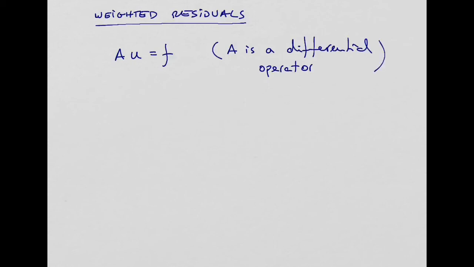So u is the exact solution of this differential equation. But in numerical methods, we are going for an approximate solution. So we can write something like this. Approximate solution